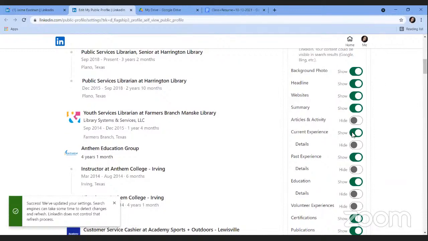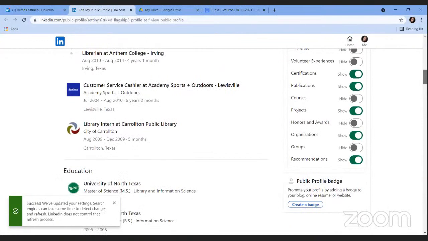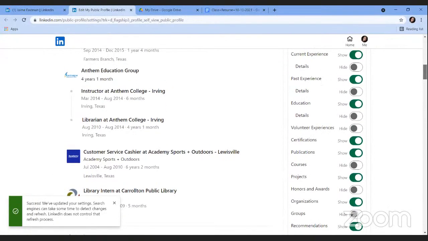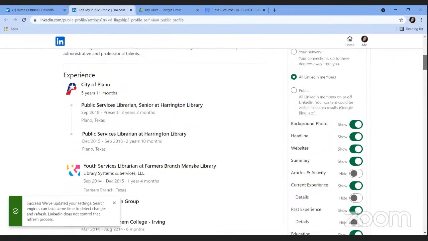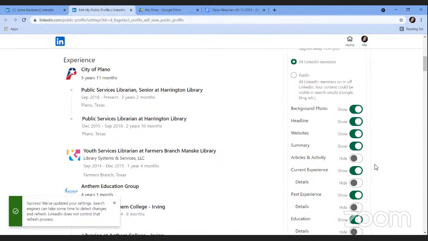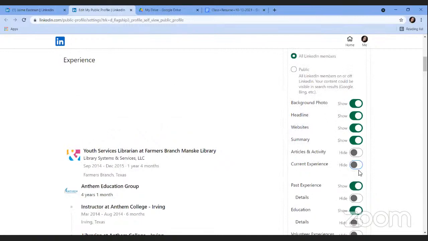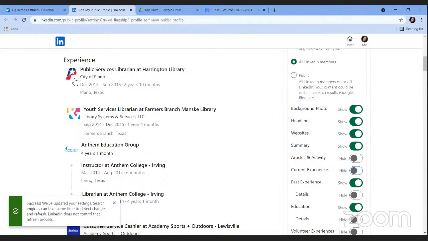So I can choose to show or hide my current experience or information in that way. So for my profile, I have set up that some detail is shown to anyone who wants to connect with me, but my more detailed information is only shown to people that I have directly connected with. And you will see as I make those changes, that preview on the left-hand side will automatically show what it looks like as I apply it.